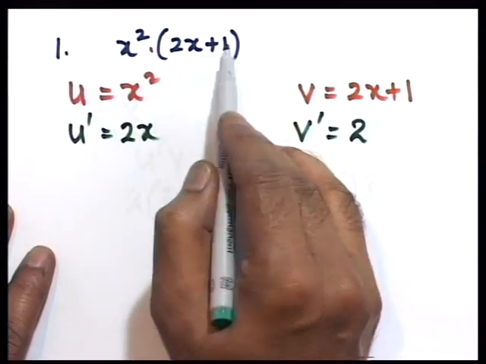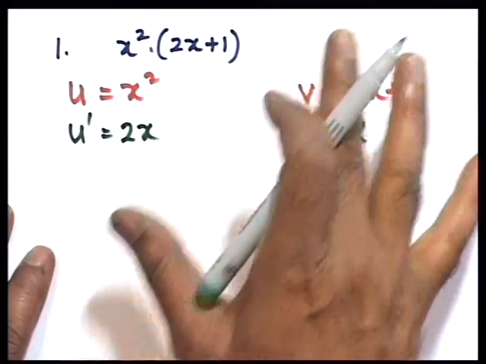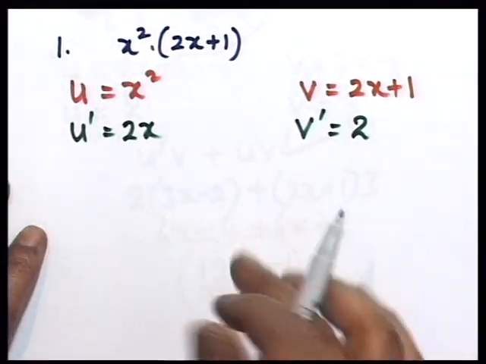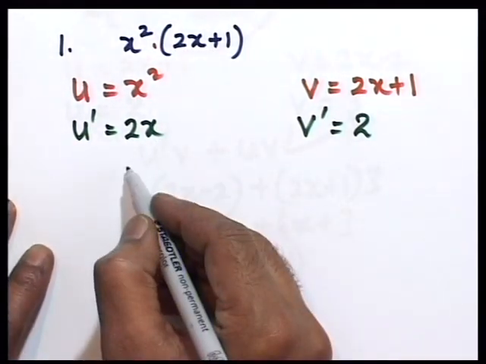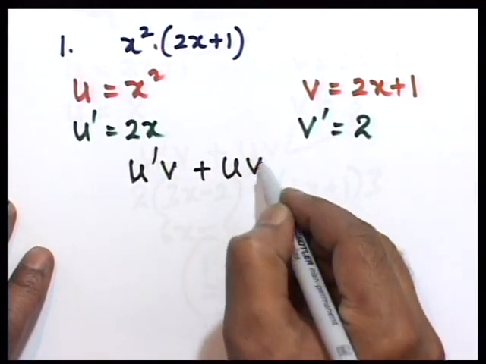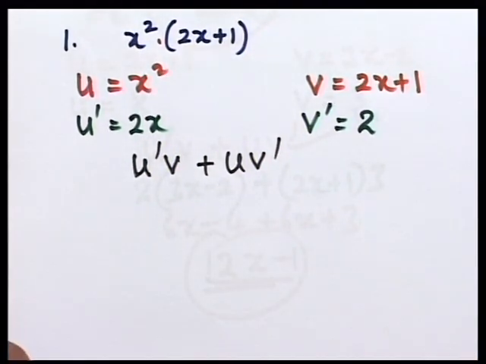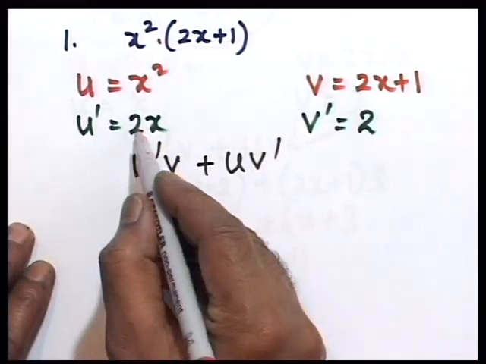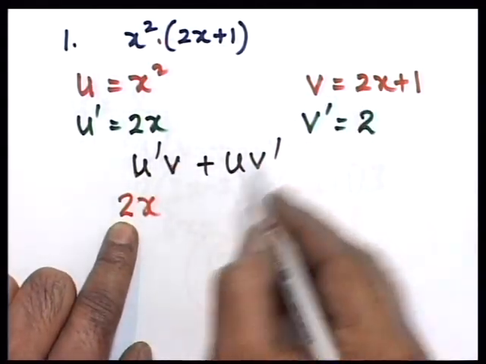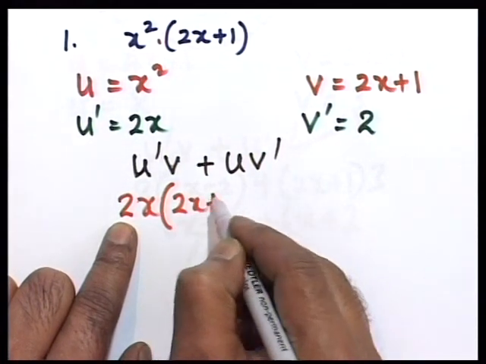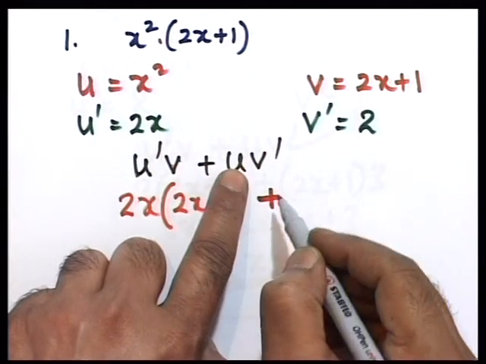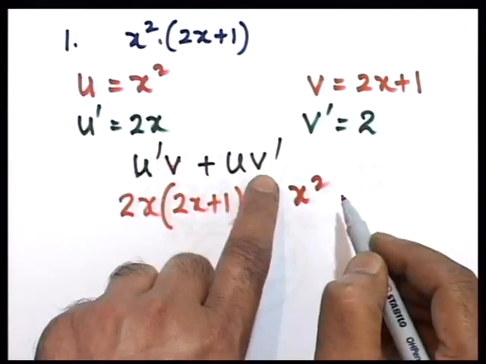Listen, you can simply open the bracket with x squared and then solve. Nothing wrong. But I'm trying to explain how this product rule is used, okay? The formula is u dash v plus u v dash. That's what we have. So now u dash is 2x. So it's a simple substitution now. 2x, v is inside the bracket there, which is 2x plus 1, right? And plus u, which is x squared, watch. And v dash is